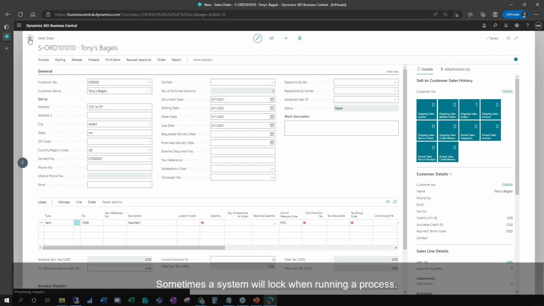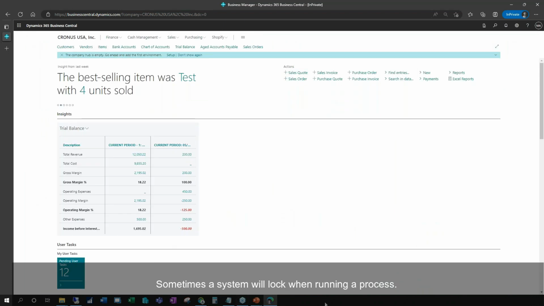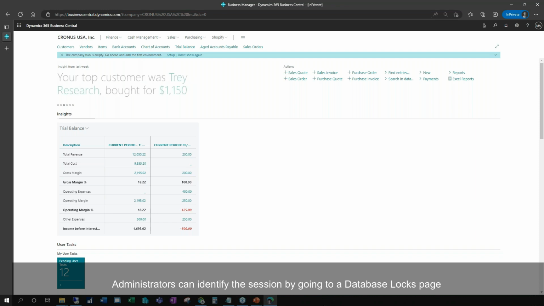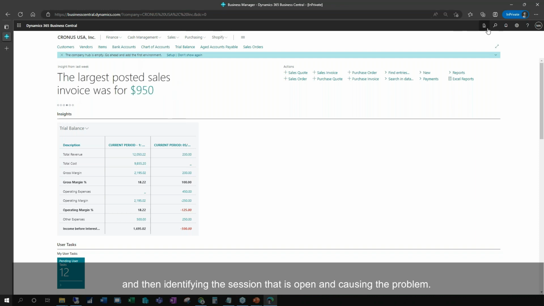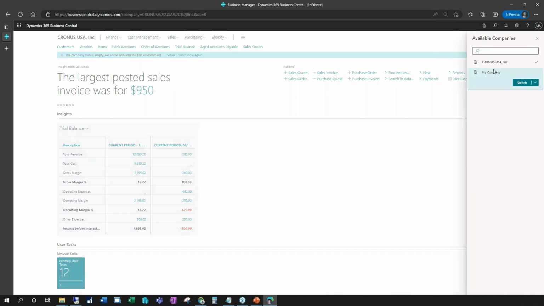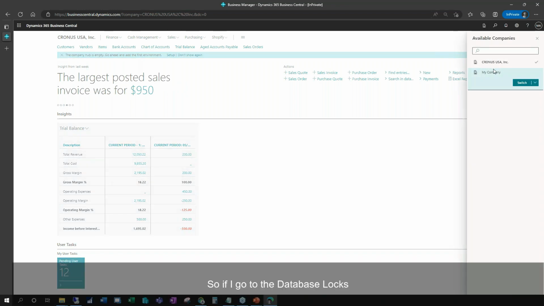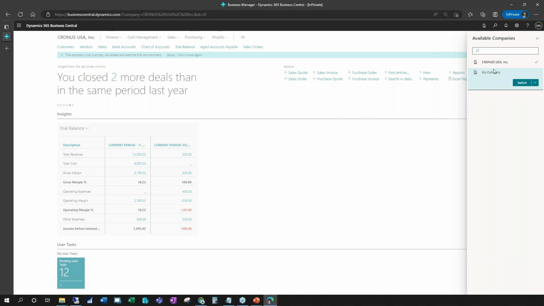Sometimes the system will lock when running a process. Administrators can identify the session by going to a database locks page and then identifying the session that is open and causing the problem. So if I go to the database locks,